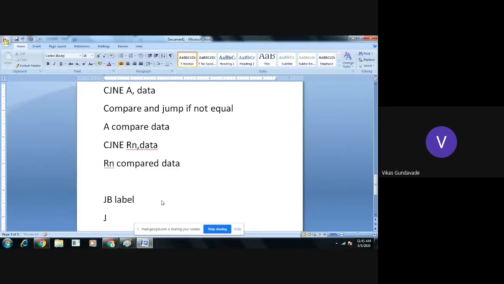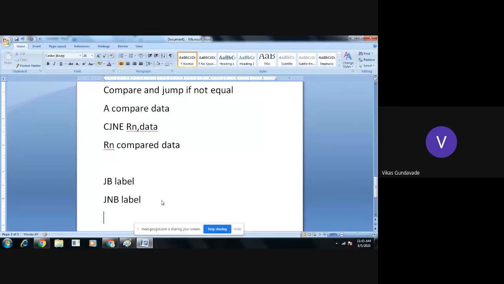Similarly, the next Boolean instruction is JNB label, and the meaning is if the bit is clear, then the jump will take place, and if it is set, then the jump will not take place.